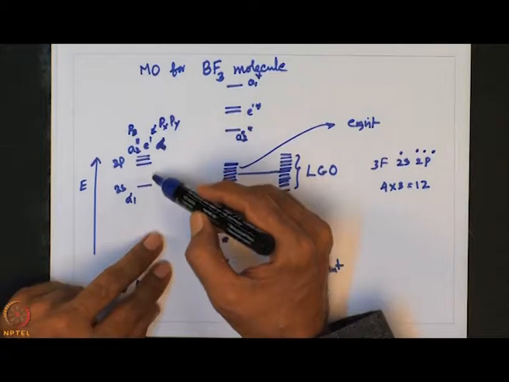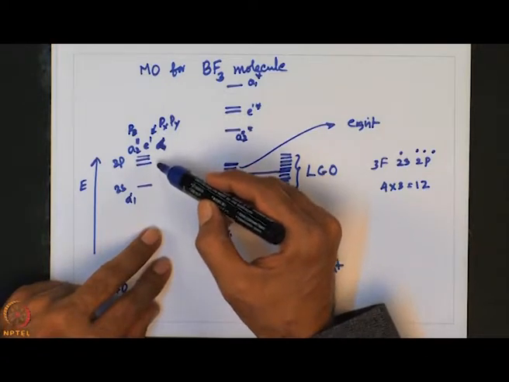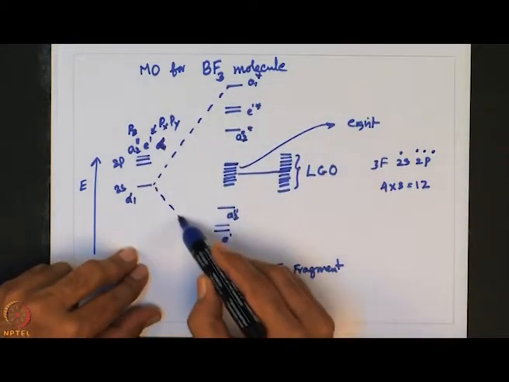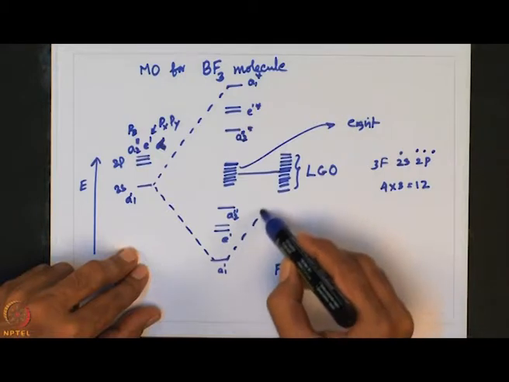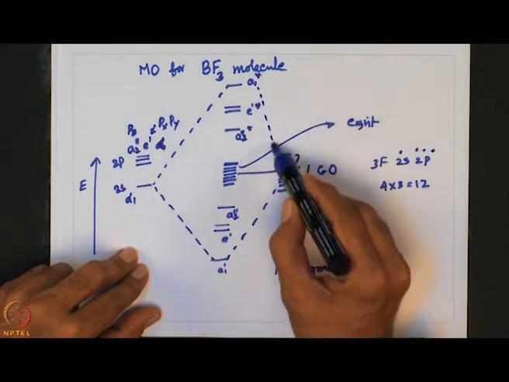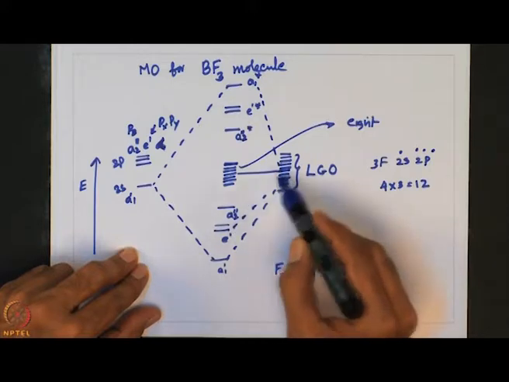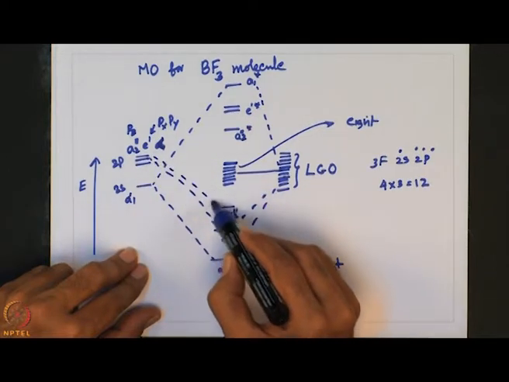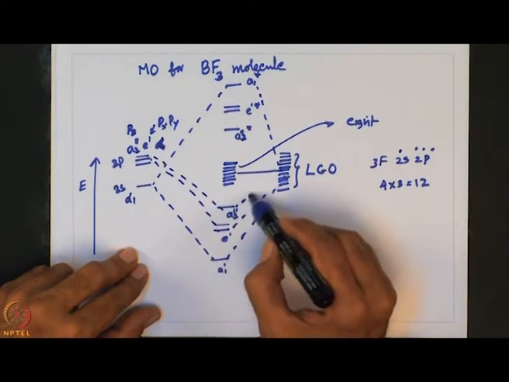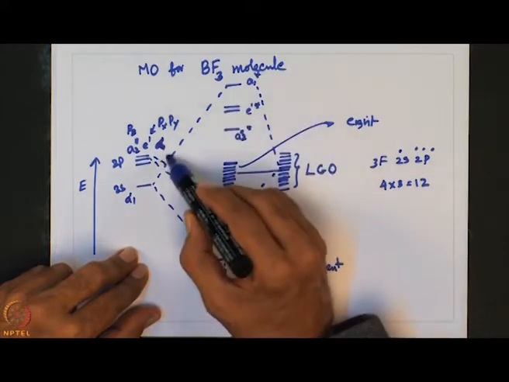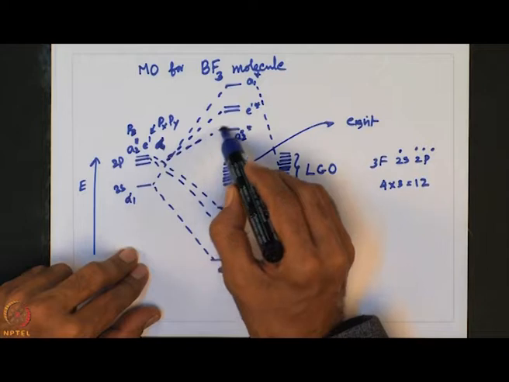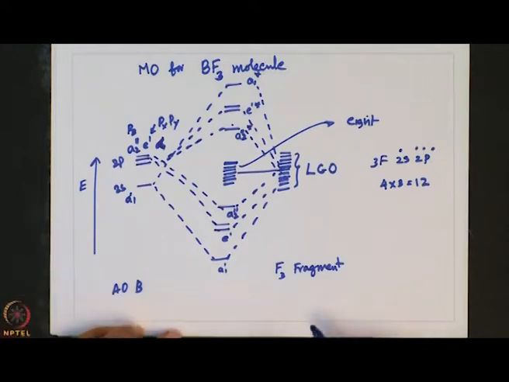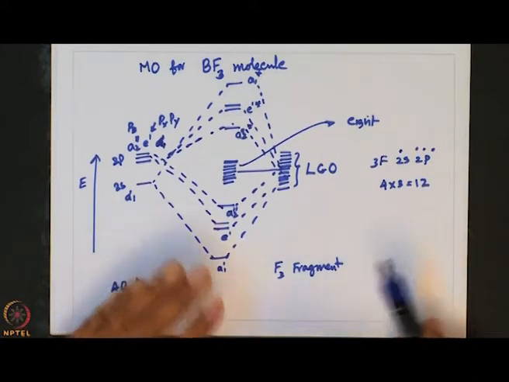So, A1, okay, and then A1 here, and of course, all of them should be connected here, and E comes here, and A1 comes here, and A1 is also, E goes here, E goes here. So, this is the MO diagram writing is completed. So, now we have to write the electrons, we have to fill them.